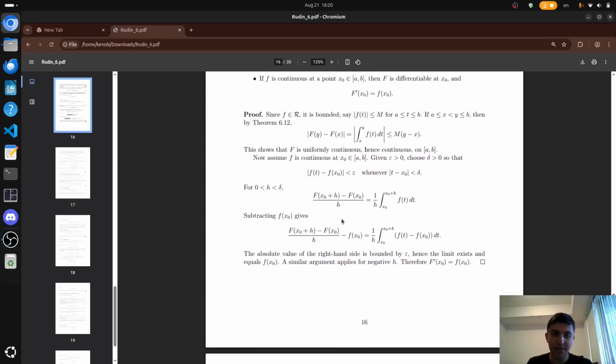Now assume f is continuous at x0 in [a,b]. Given epsilon greater than 0, choose delta greater than 0 such that |f(t) minus f(x0)| is less than epsilon whenever |t minus x0| is less than delta. For 0 less than h less than delta,